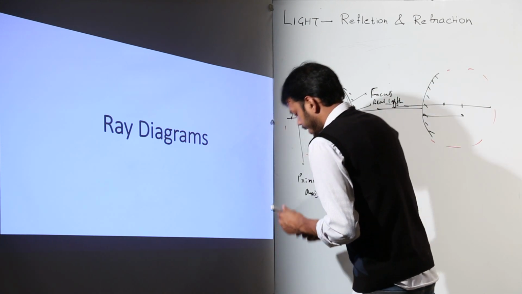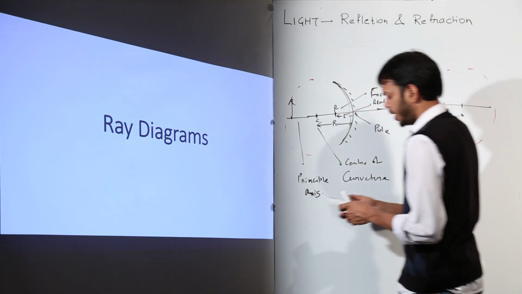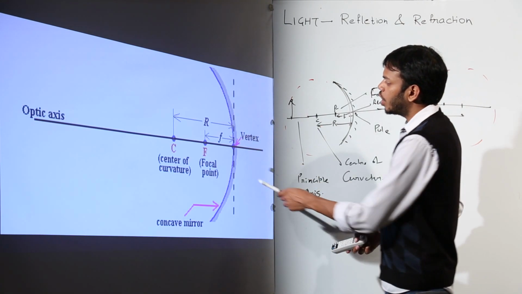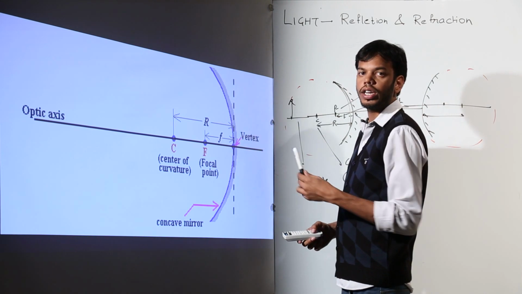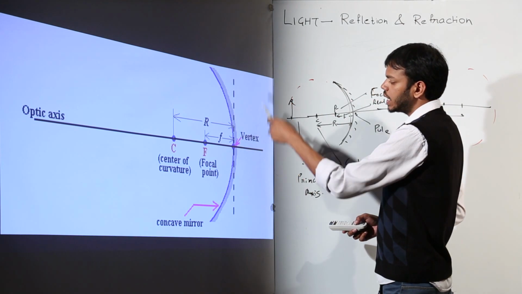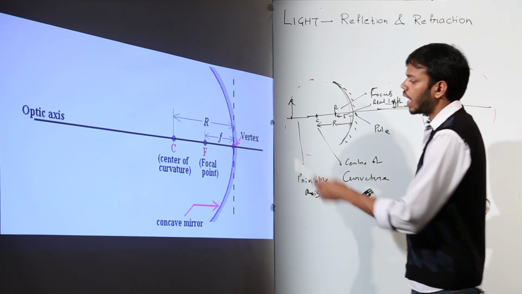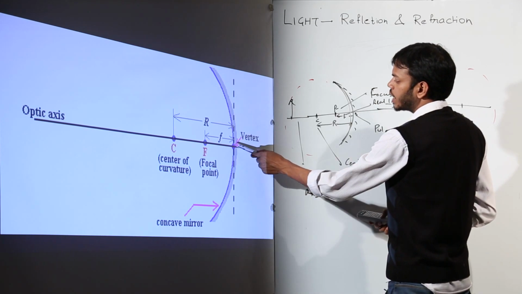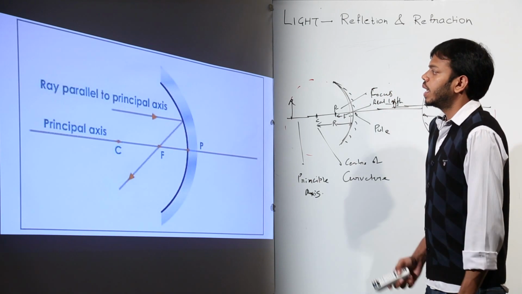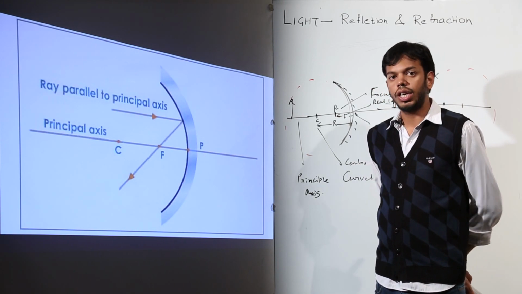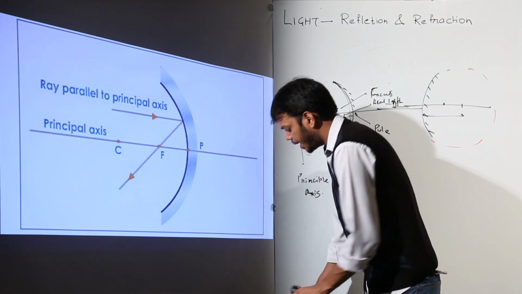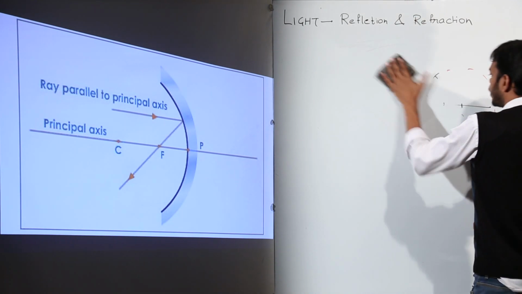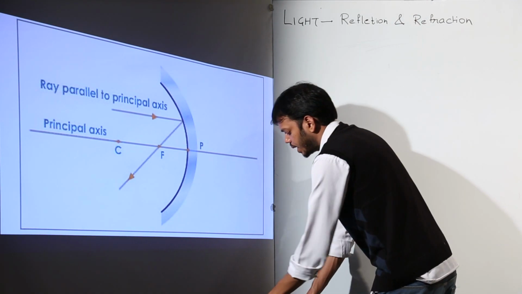Now let's move further. As I told you, the important points to be remembered are the optical axis or principal axis, and the center of curvature, which is the center of the spherical part from which the lens or the mirror was carved out. Half of the radius of curvature is called focus, and that distance is called focal length. This vertex is also known as pole. Now to make ray diagrams, you will have to learn about three very important rays, which are number one, the ray which will be